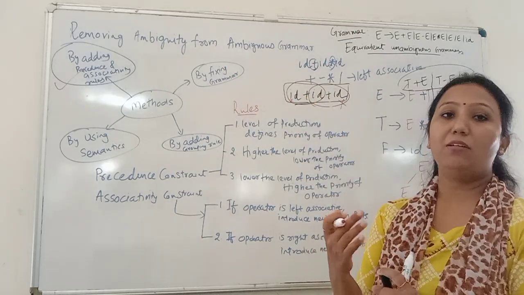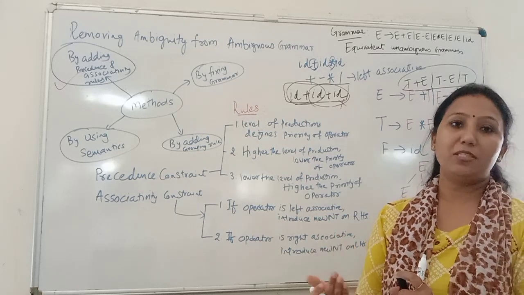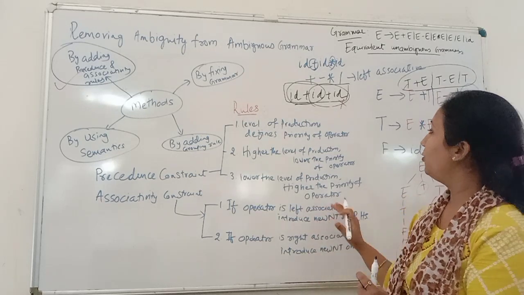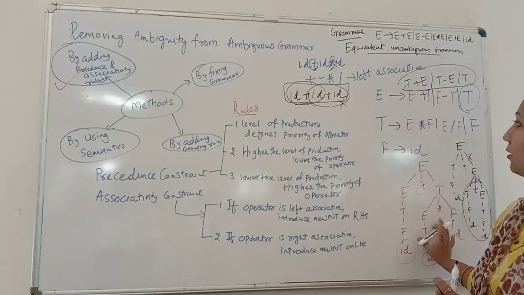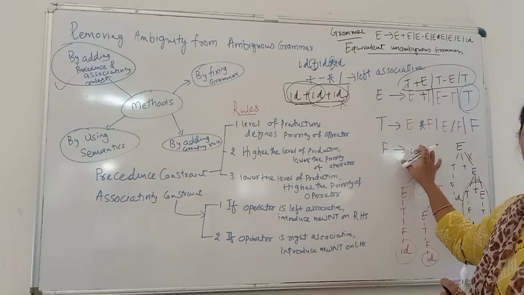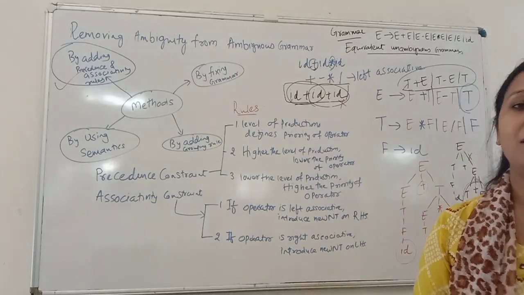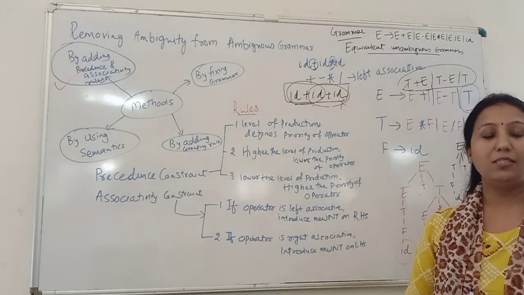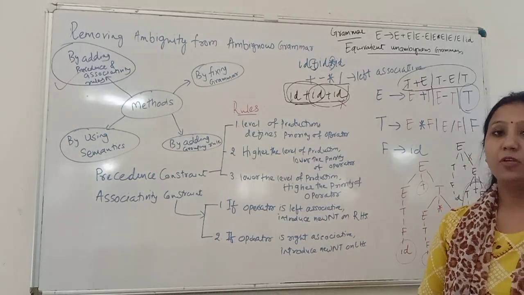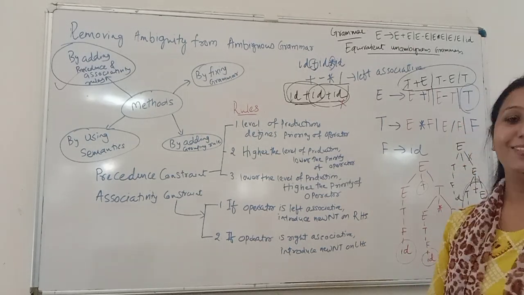So when we rewrite the unambiguous grammar, we have to think about the precedence and associativity, and using that only we can go with the correct unambiguous production rules to derive a string. Similarly, we can apply the same rule on any other grammar, including Kleene closure and or. So I hope there is no doubt in this video. Thank you.